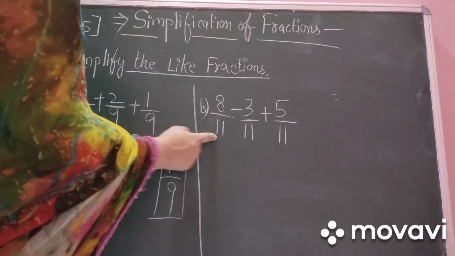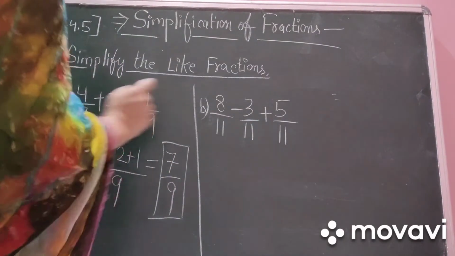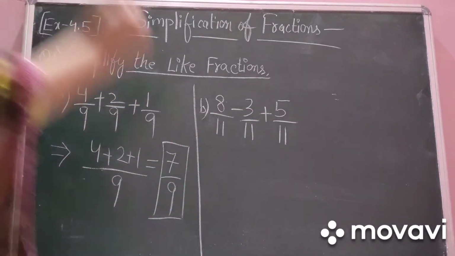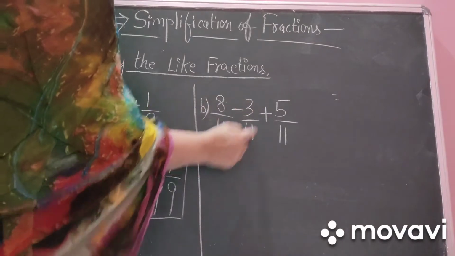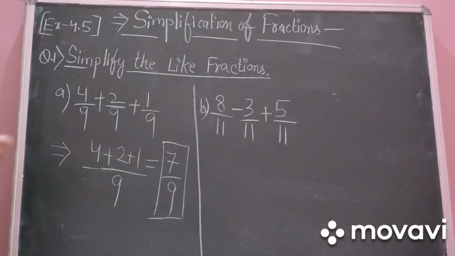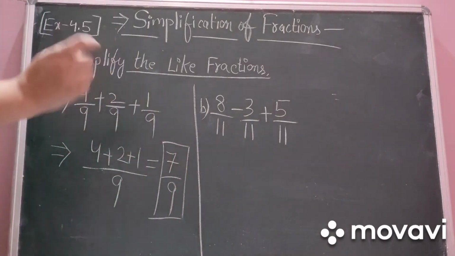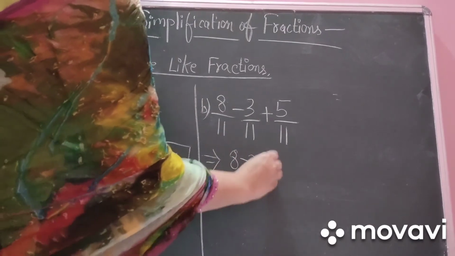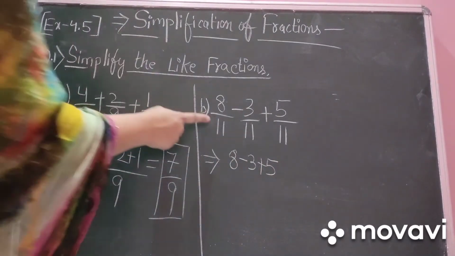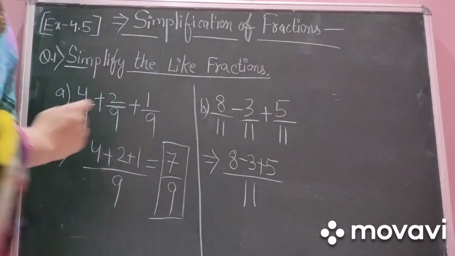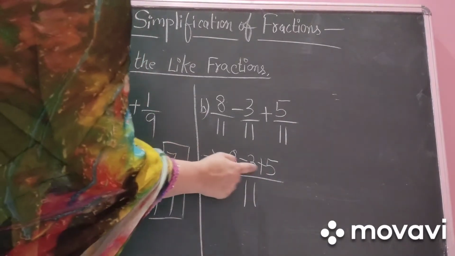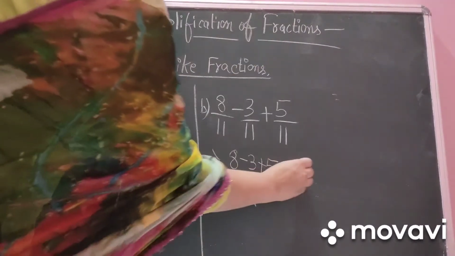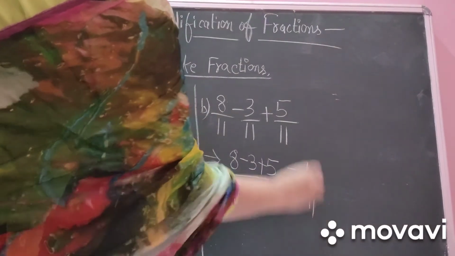Here also we are having 3 fractions, 3 like fractions, that is 8 upon 11, 3 upon 11 and 5 upon 11. यहाँ पे देखिए हमें 8 upon 11 minus 3 upon 11 plus 5 upon 11 करना है. So because these three are like fraction, so what you have to do? You have to calculate the numerator like this, 8 minus 3 plus 5. And you have to write down the denominator as it is, that is divided by 11. And you all know how we can solve 8 minus 3 plus 5. 8 minus 3 is 5. 5 plus 5 is 10. So the answer is 10 upon 11. Fine?